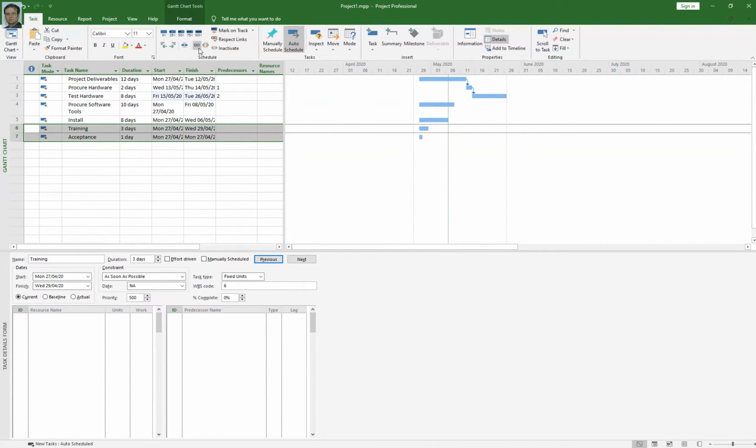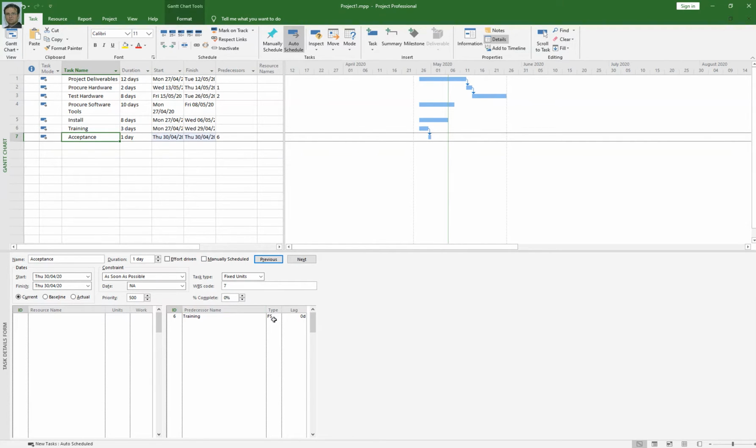When you click the link button, it will make a link between these two activities, and the relationship type is finish to start, and obviously it will make the acceptance activity a successor to the training activity. Let's do it. Did you notice? It has made a link between training and acceptance. When I click acceptance, the relationship type is finish to start.